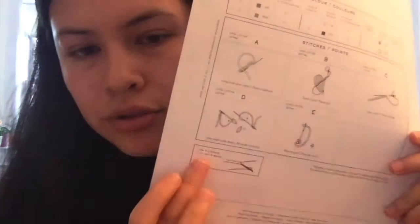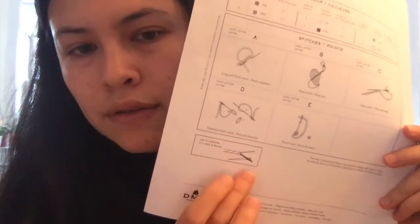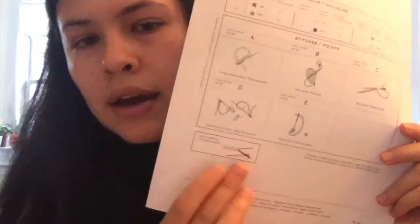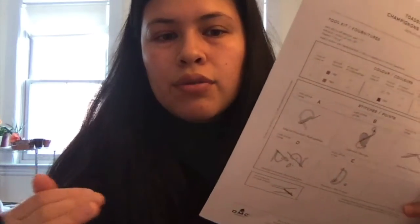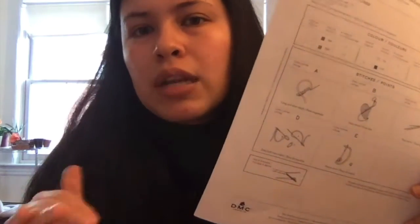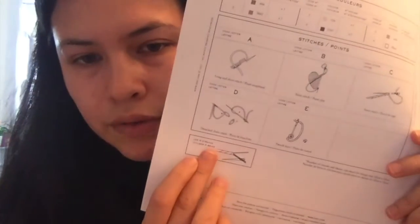Another thing that they're going to tell you on the pattern is how many strands you're going to want to use for this project. 1 strand is going to give you really, really fine detail. 6 strands is going to be really thick and give you a lot of volume and texture. Usually they'll give you a number in between. So we've got 4 strands here, and what that's referring to is, let me grab one of the skeins that I have. So these are called skeins. I'm using